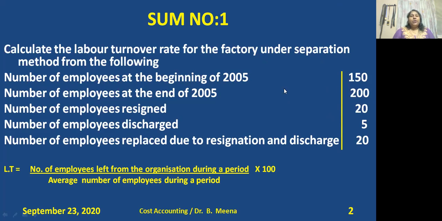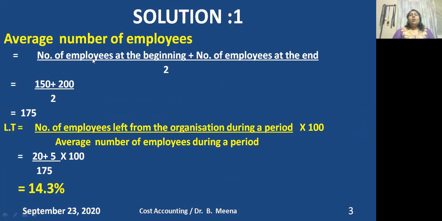This two information, I mean the number of employees at the beginning and the number of employees at the end, were given in this problem to calculate the average number of employees. Because the average number of employees will come in all the methods under the denominator as per the formula. And then the question is calculate labor turnover. So I will work out the first calculation needed to know the average number of employees, because this average number of employees will be the needed data for all three formulas.